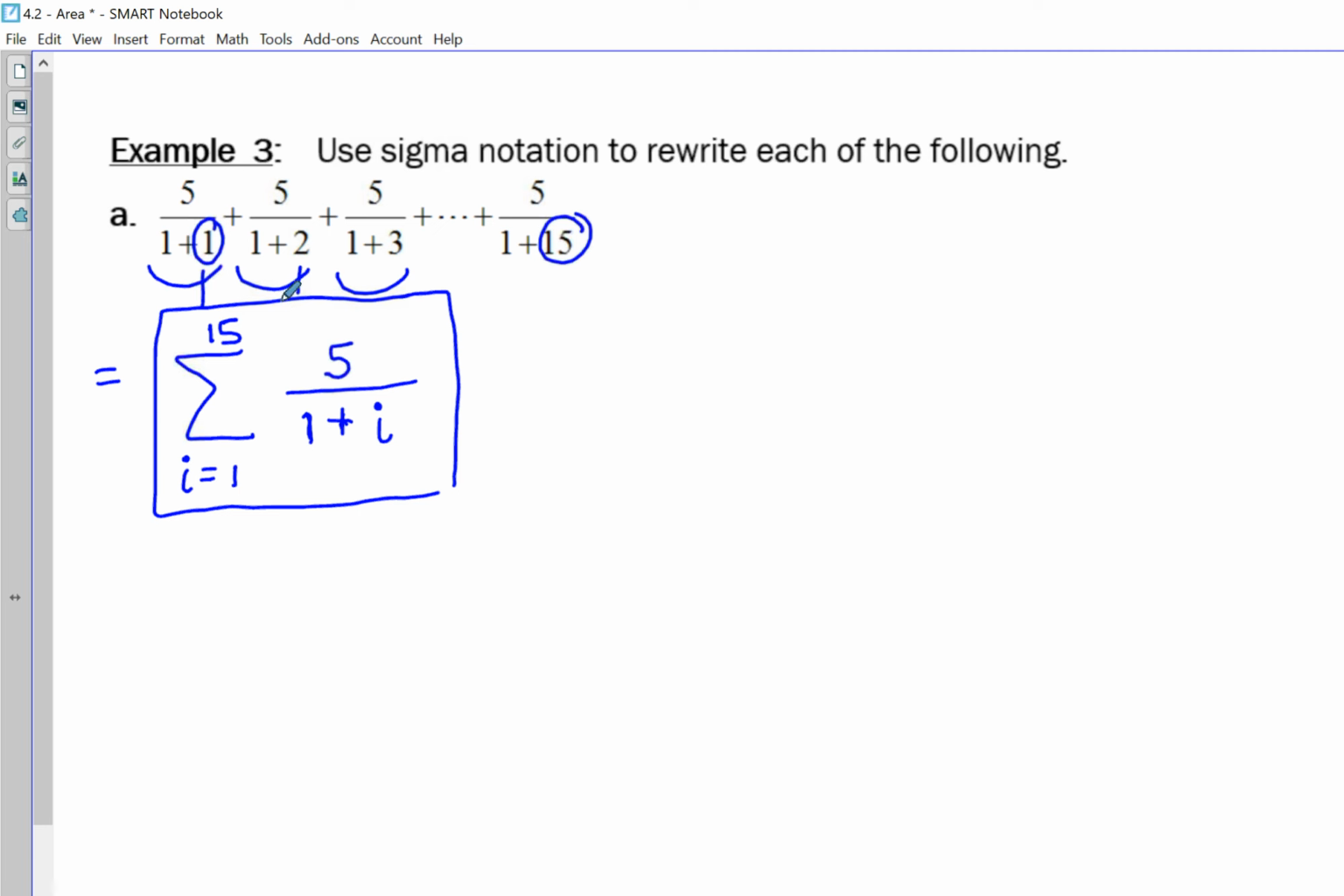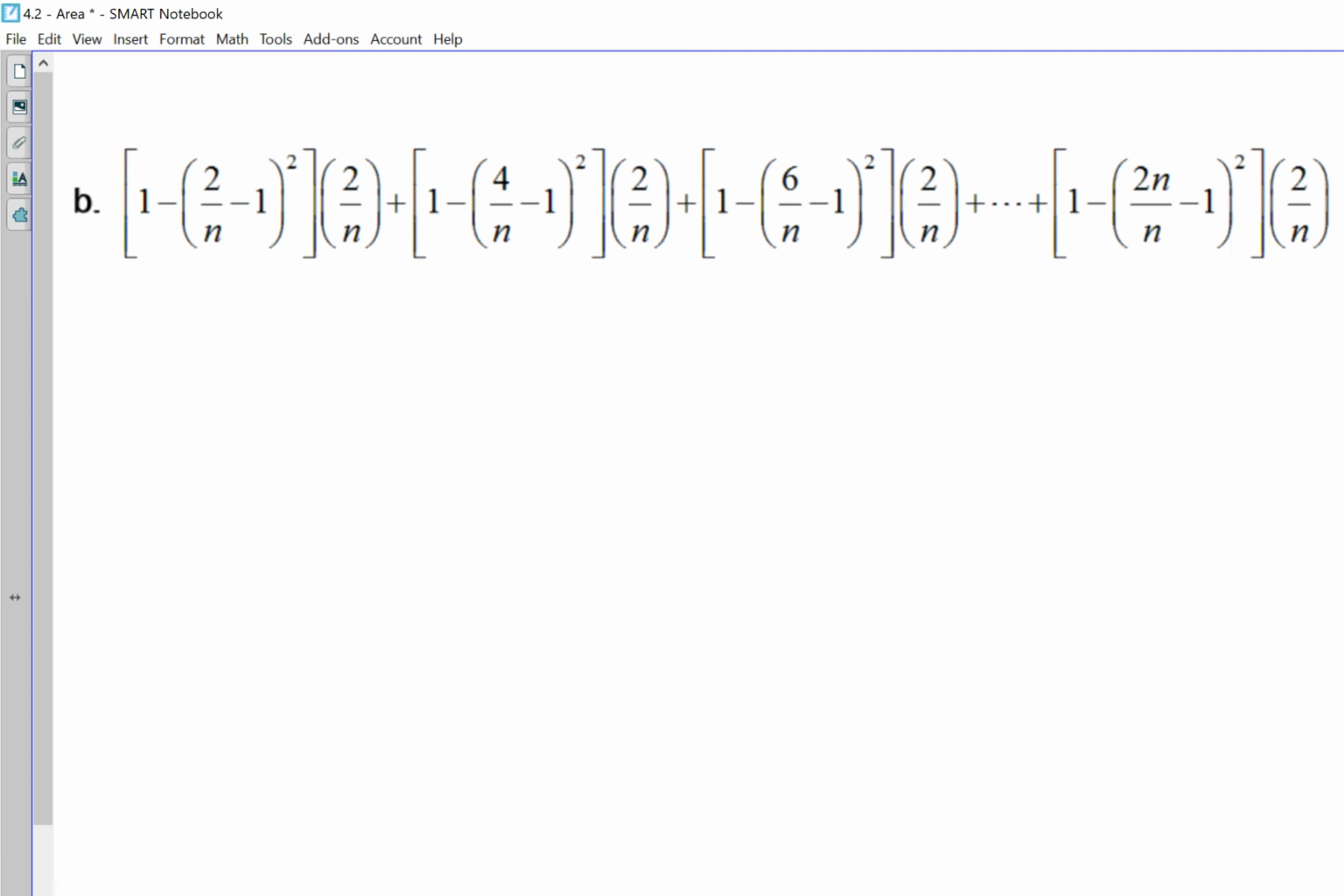In the next and final example here, part B, we have a slightly more complex series of terms, but the approach is going to be very, very similar. So I'm going to say we're going to talk about summation. I'm going to use the letter j this time just for some variety. And then I'm going to start looking at what I see in common from one term to the next, etc. Well,